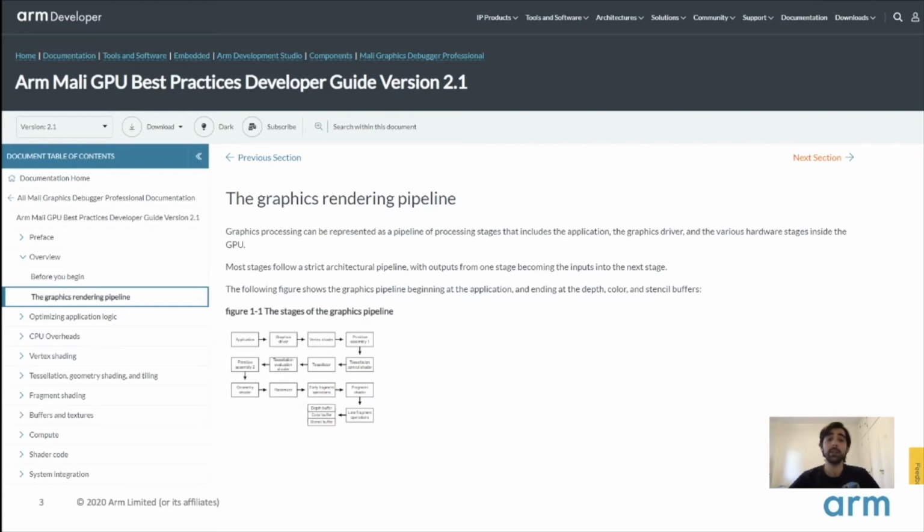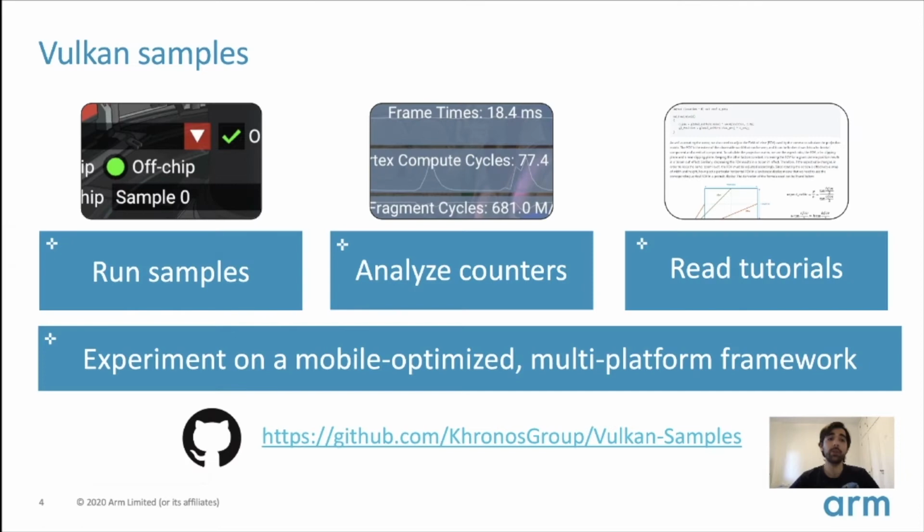Now, this set of recommendations we thought would be useful to also have some experiments, both for us and the community, to show the real impact of the different ways of achieving something in Vulkan. And that's why we introduced the Vulkan Samples. The Vulkan Samples try to isolate each of these best practice recommendations and help you experiment with them. And when you toggle different options, you can directly see the impact they have in real time, because the renderer will also display some real-time hardware counters.